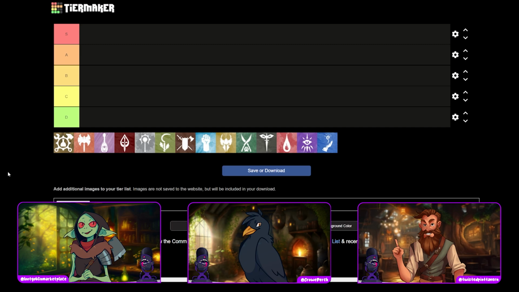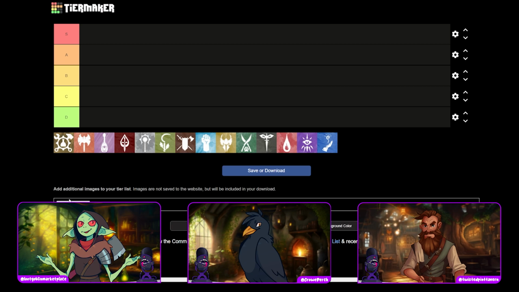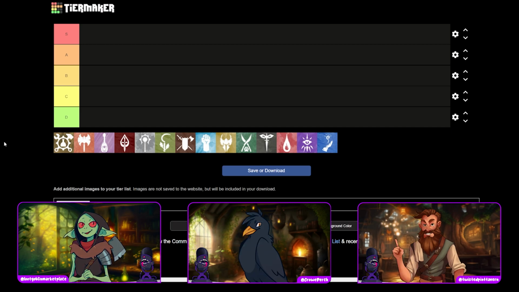Luke Goblin, do you agree on B? Yeah, I think definitely the lowest of what we'll put in B. I can live with that. I just feel there are so many striker classes from 3.5 and past editions I liked more, like the Duskblade and stuff that had similar-ish aesthetics. But yeah, I can say low B. Okay. Low B. Yeah, I am inclined to agree